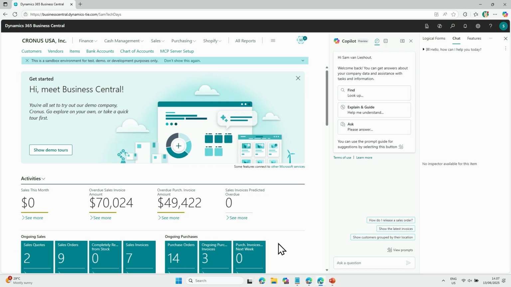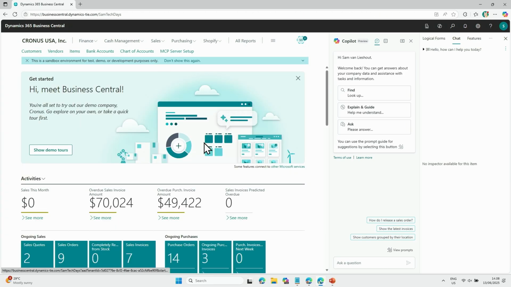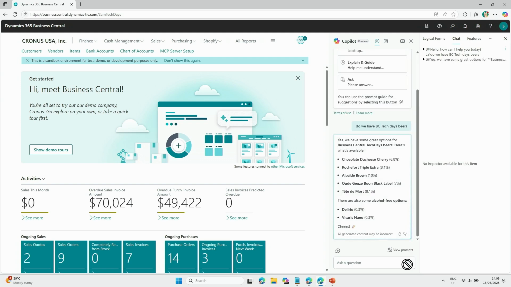So I'm going to skip to another machine. It has some very fancy pane on the side. You don't pay attention to that. And in this build, I have some configuration to an MCP server. So in short, I'm saying there is something else which has some skills which are defined, which I might consume. And then if I go to chat and say, do we have BC Tech Days beers? Suddenly chat is aware that there is another skill. It can talk to it, work with it, get some information, put it into my conversational context, and hopefully help me to reply with it.